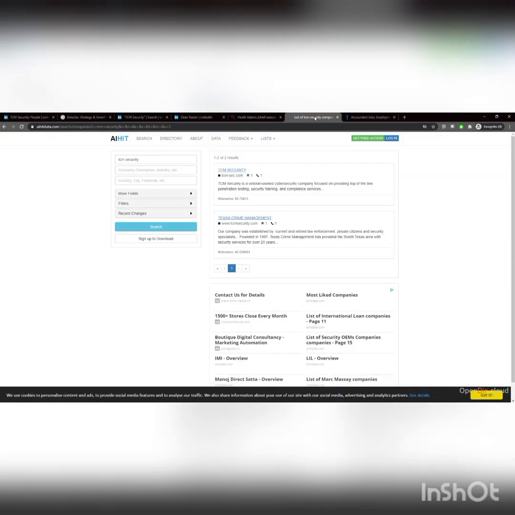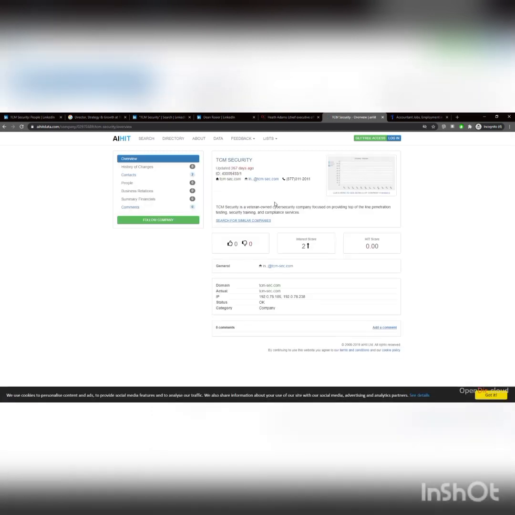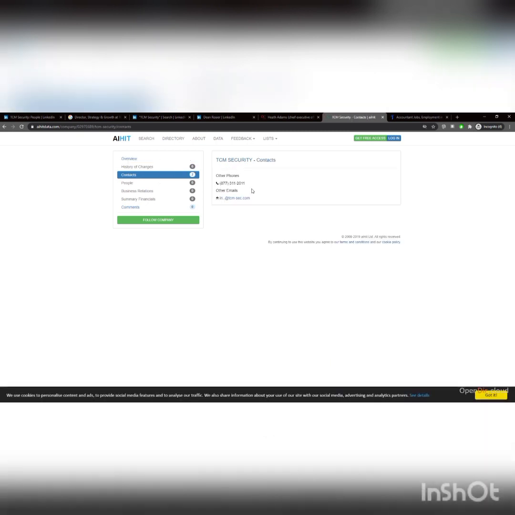From here, this aihitdata.com is another one that you can search for. So if you type in TCM Security in here, you can search and you can see, hey, tcmsec.com, this is the one we're looking for. And it says, what data can we find? Well, they'll give you an obfuscated email address. We can kind of tell this one's info. But if you register, perhaps you might get this email address. I've never actually registered for this. This is just something else I'll search to see if I could find any other contact information. But here's a phone number.